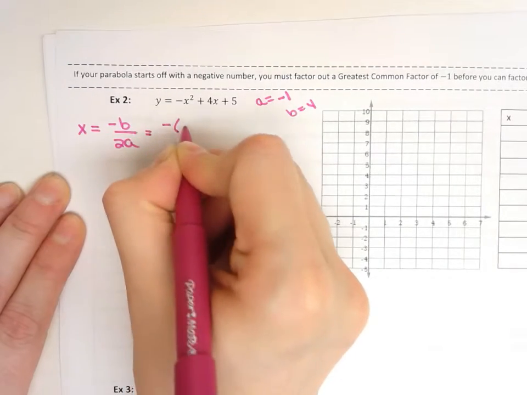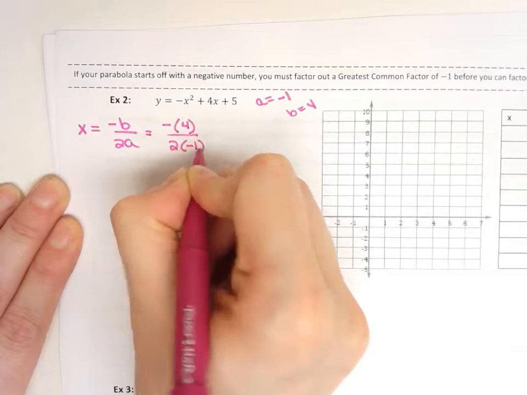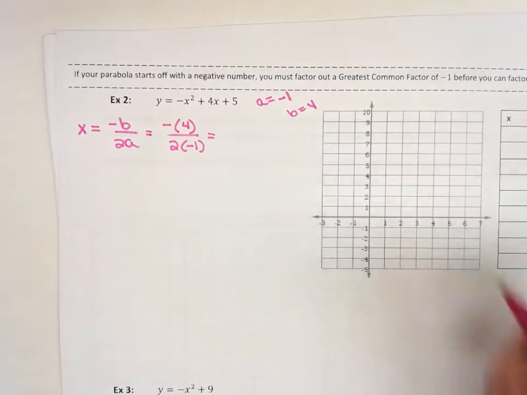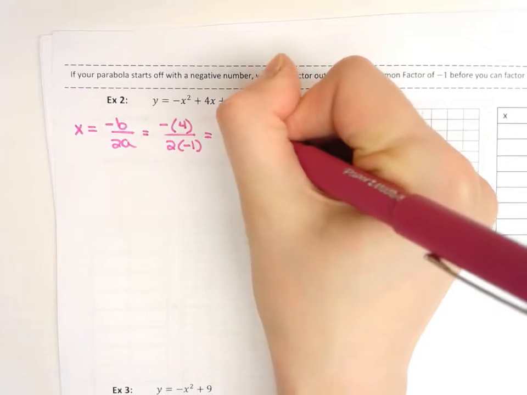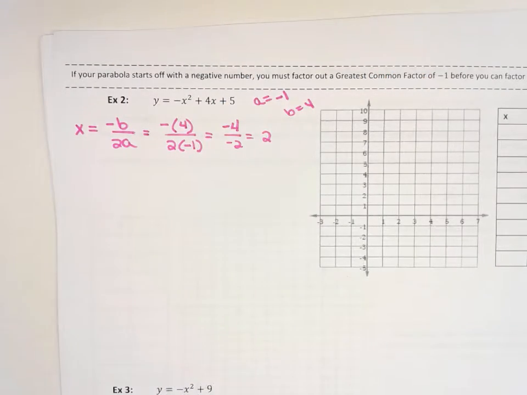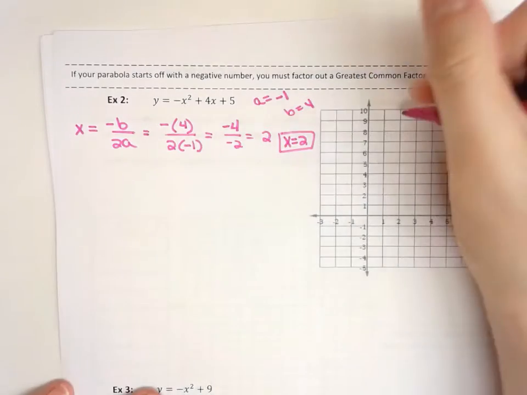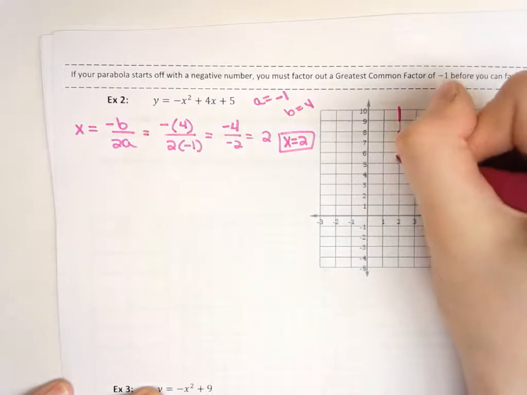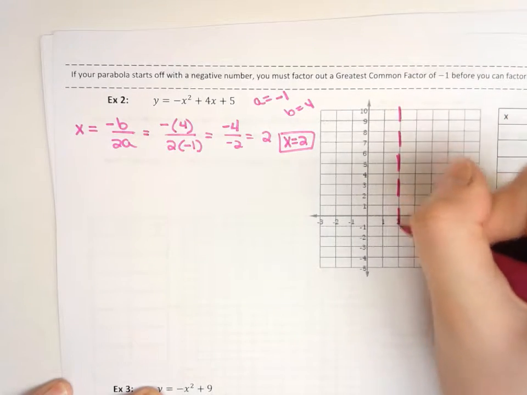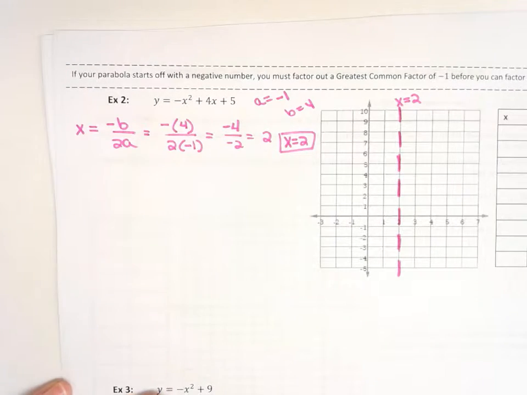So it's going to go negative my b value, which was 4, divided by 2 times my a value, negative 1. And let's simplify this. That becomes negative 4 on the top divided by negative 2 on the bottom, which gives me positive 2. So we have an axis of symmetry at x is equal to positive 2. And I'm going to go ahead and draw that vertical line. I like to make it dashed so I know that that's actually just the axis of symmetry,